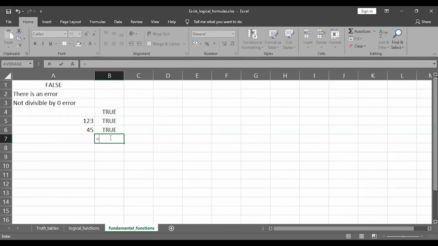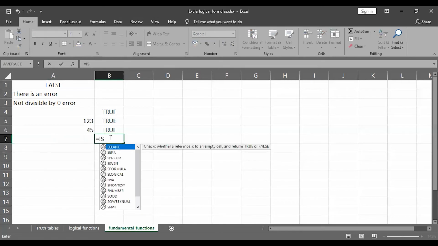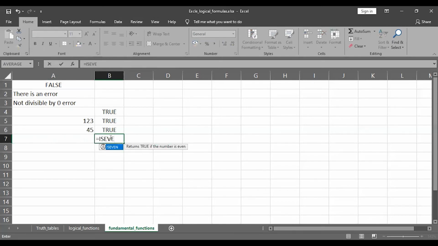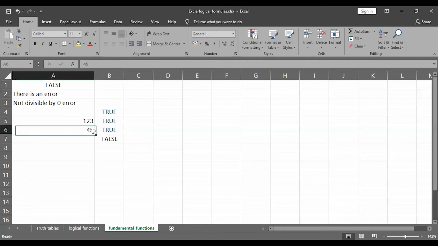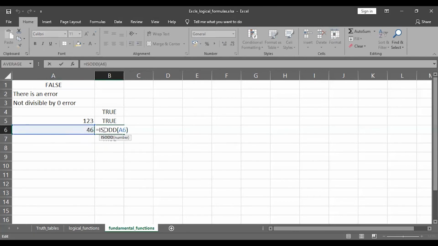Suppose I provide the ISEVEN function and this particular value, it is going to return me FALSE. And if I change this value from 44 to 46, the ISODD function is going to return me FALSE, and the ISEVEN function is going to return me TRUE. Okay.